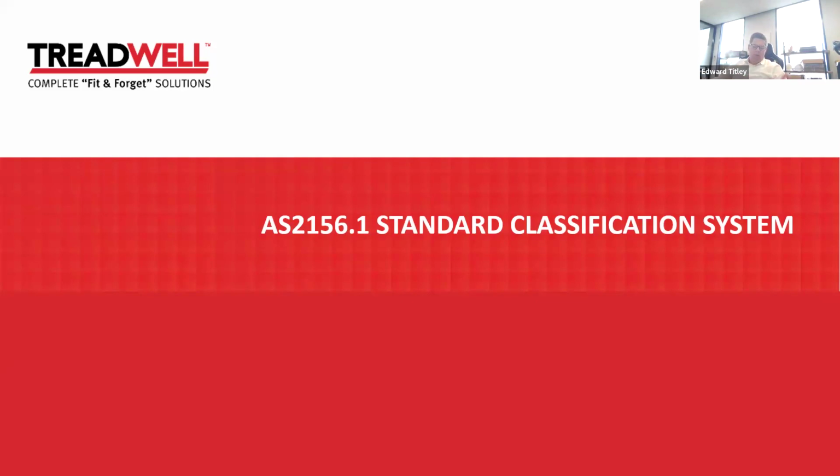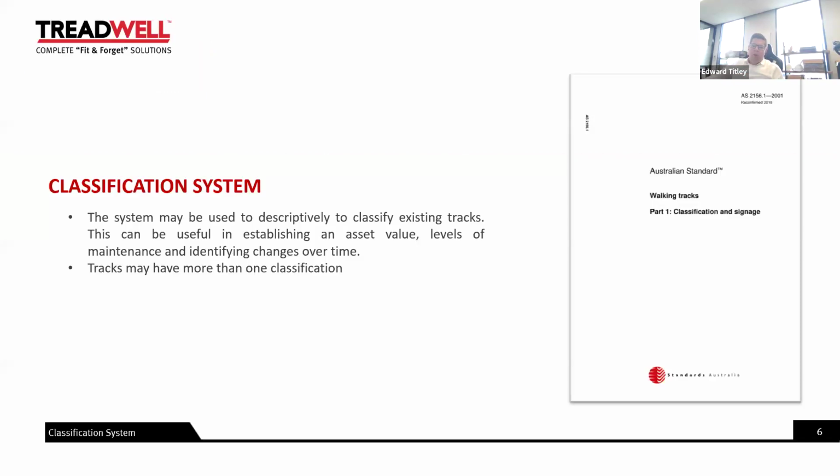So as part of a 2-session series, we'd start off with the classification, and then next webinar, in 2 weeks' time, we'll have a look at the loadings and other requirements given depending on the track classification. It makes sense to start with classification because we need to classify the track in order to determine the correct loadings to consider for a structure like a boardwalk, but also requirements around fall protection, handrails, balustrades, those sort of things. So with that in mind, there's a classification system that's